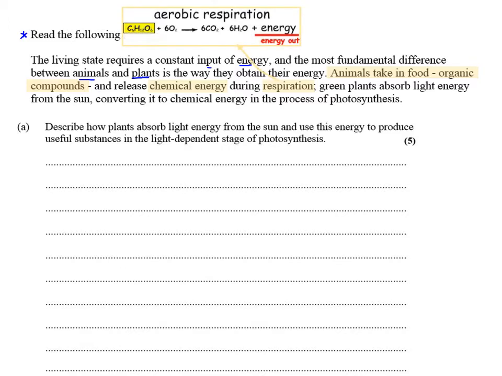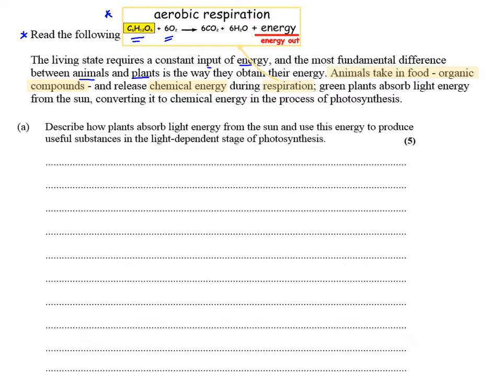And one tip that I would recommend is, if you do have a question on either respiration or photosynthesis or both, to just write out the simple chemical equation for these processes. So we can do this in the margin. We know aerobic respiration is the breakdown or oxidation of glucose, which is a monosaccharide. We know it involves 6 molecules of oxygen per molecule of glucose, and this occurs inside the mitochondria.